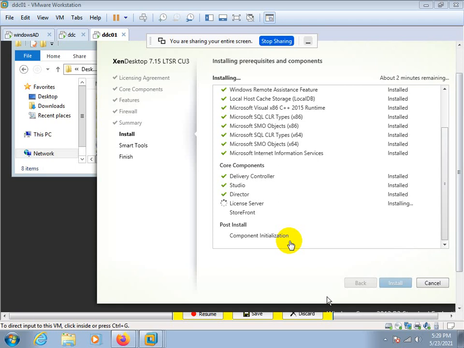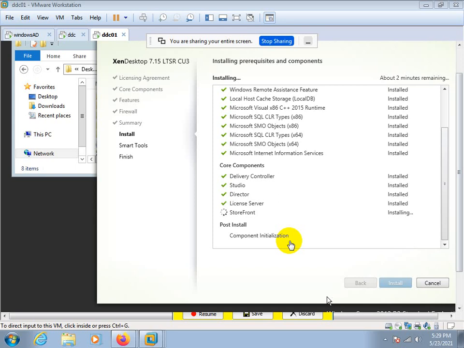Editions in Citrix: there are three types of editions: platinum, advanced, and enterprise.